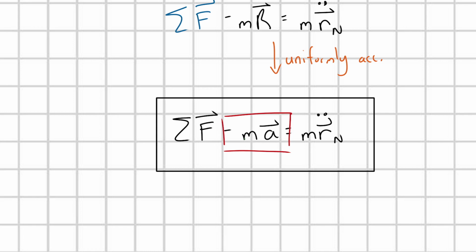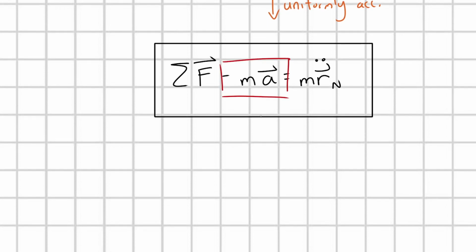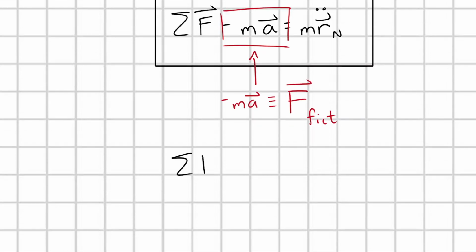this minus ma here. Because I want to rewrite this in a way that looks like Newton's second law, because it's going to make it really convenient and nice to analyze problems. So I'm going to define this minus ma term as what I'm going to call a fictitious force, F fictitious. And in which case we can write this out one more time as sigma F, where now we're super clear that these are the actual forces acting on our mass m, plus some additional fictitious force, F fictitious, is going to be equal to